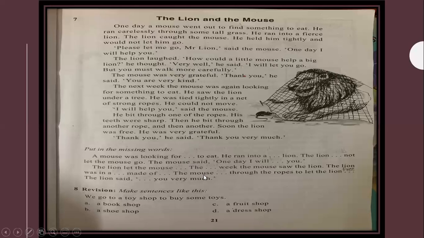Let the mouse go. The line, let the mouse go. The next week, here comes next. The mouse saw the line. The line was in a